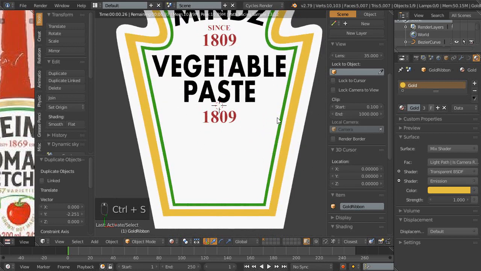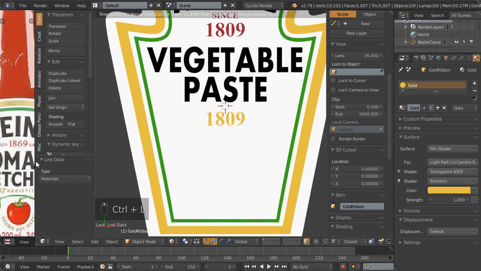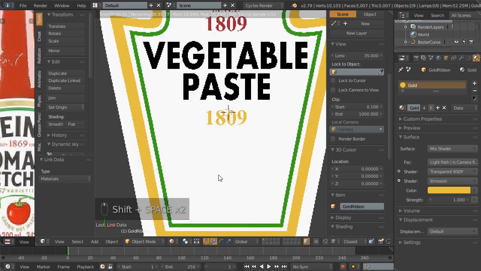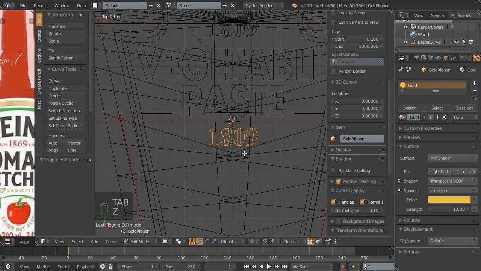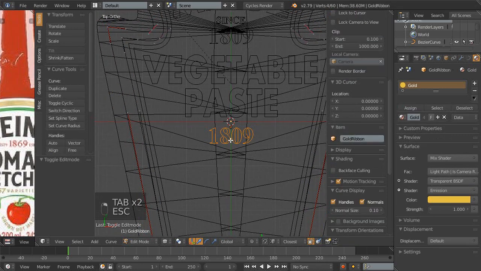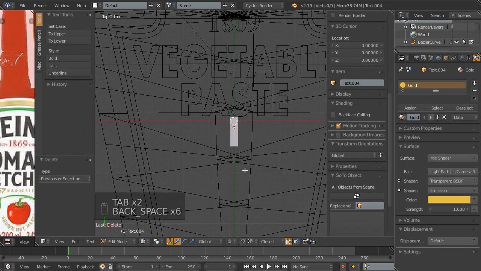Okay, so the same gold color is going to be this one. Materials. There's 57 varieties. Come on. Tab out. Select that one. Tab in. This one is not 57 varieties. This is